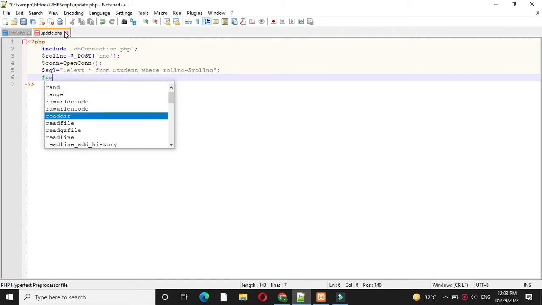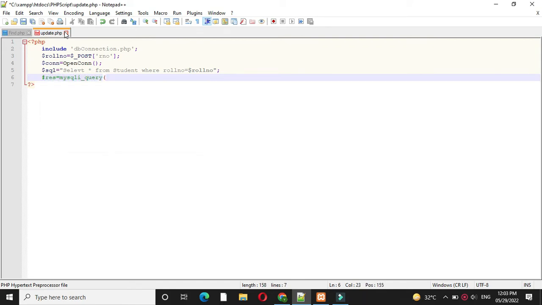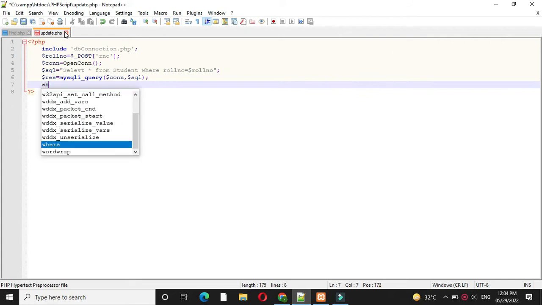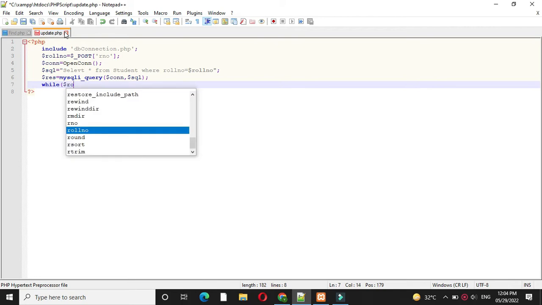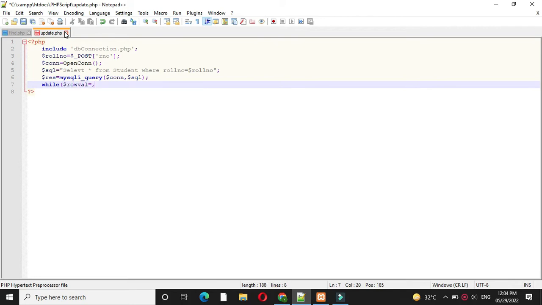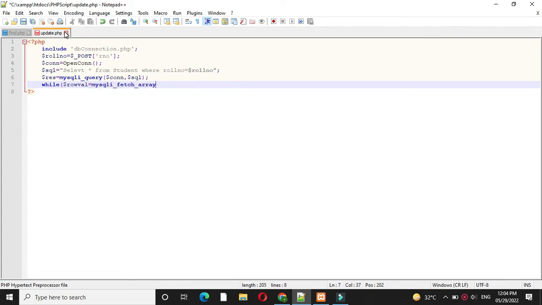Then result equal to mysql_query, connection, comma, our SQL query, and then we will use a while loop to read the data from this query. So while row val equal to mysql_fetch_array for the result,